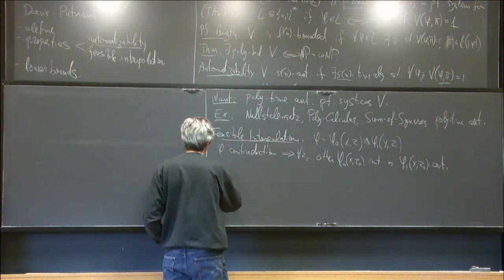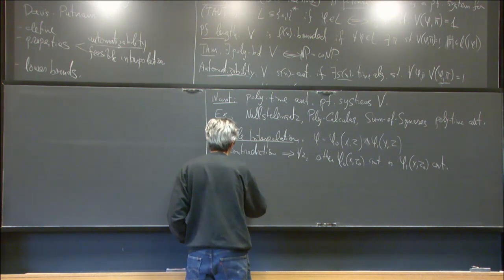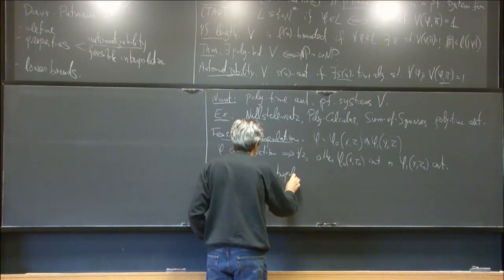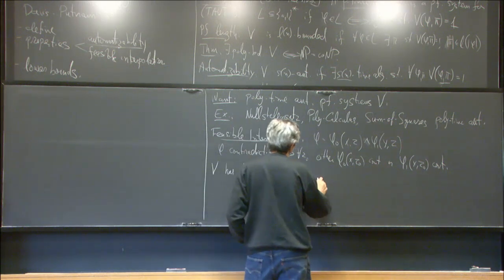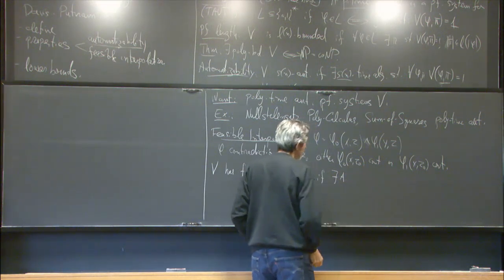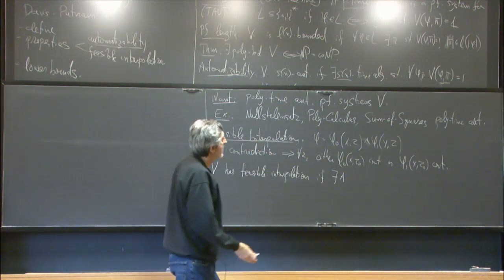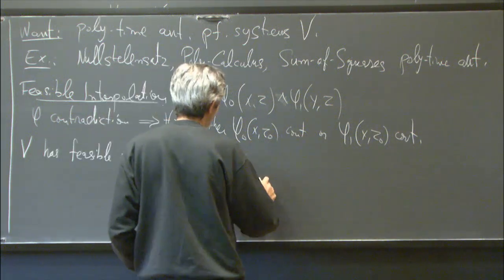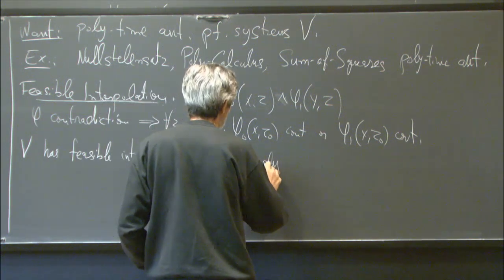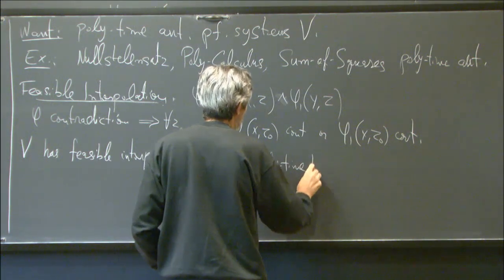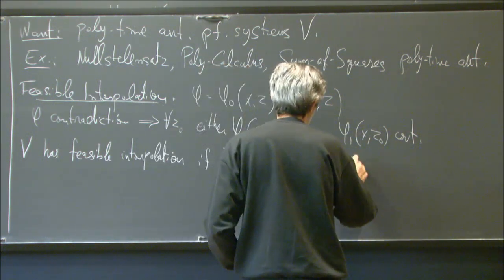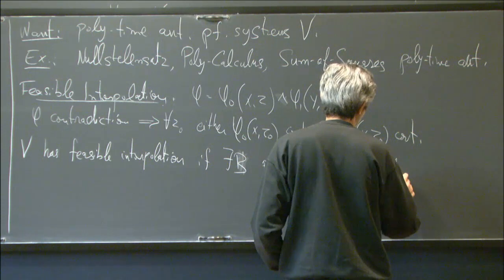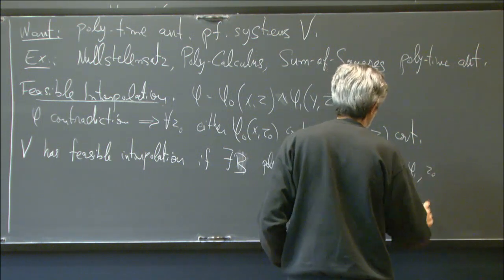We say that V has the feasible interpolation property if there exists an algorithm, let me call it algorithm B, which is a polytime Turing machine, such that on every phi of this form, phi 0, phi 1, and z naught,